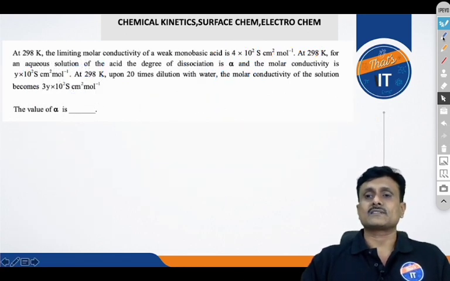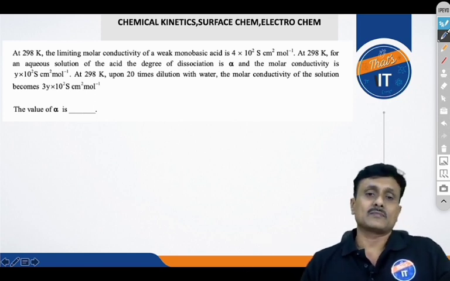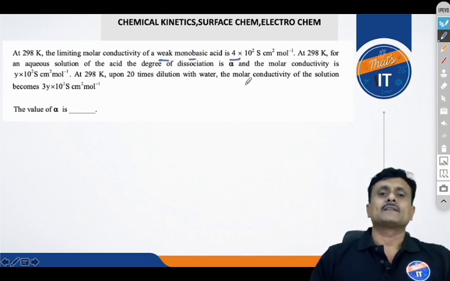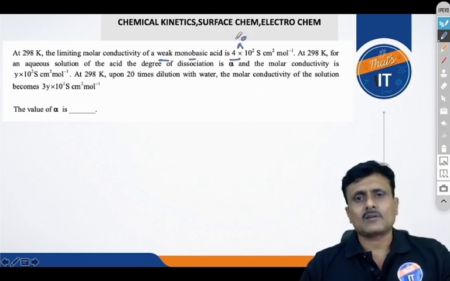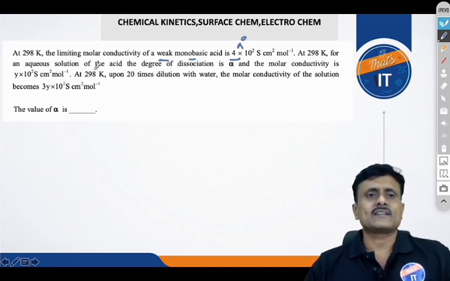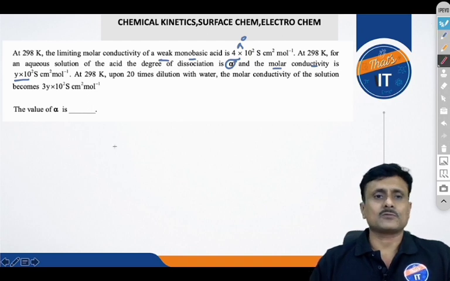Now let's see the next question, which combines electrochemistry with ionic equilibrium. That means the dissociation of a monobasic acid. The limiting conductivity means what? The lambda naught, that is the conductance at infinite dilution. At 298 Kelvin, in the aqueous solution of the acid, the degree of dissociation is alpha, and the molar conductance of this solution is Y into 10 power minus 2. So what I am going to do is,